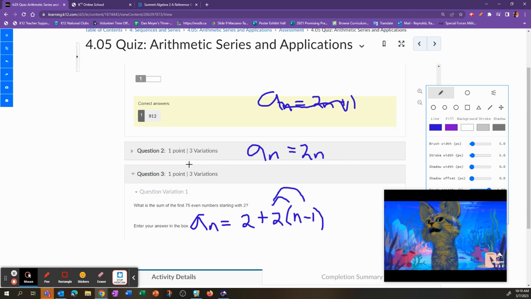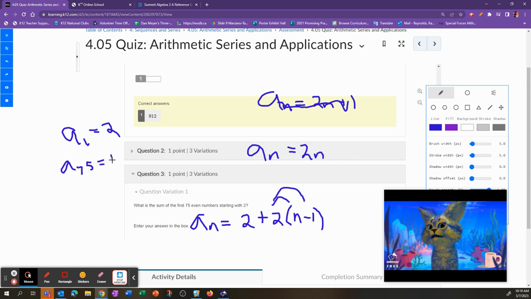Let's talk about this one. We're going up to 75. So we know we have a sub 1, which is 2. We know that a sub 75 is going to be 150. How do we know that? Well, because the sequence, that's not 150. That's 150. Okay, and we need this so that we can do the sum formula, which is S